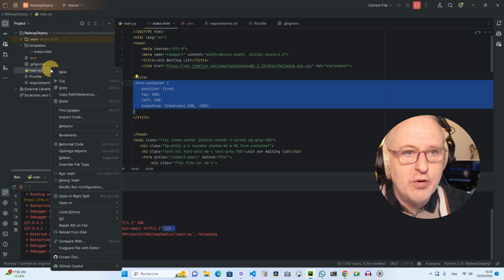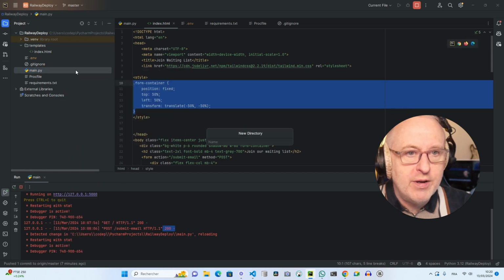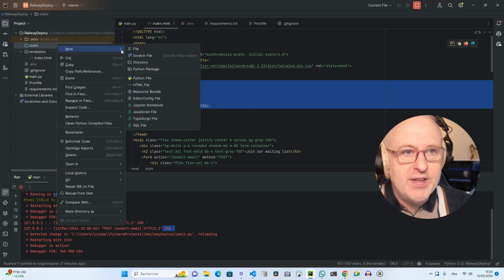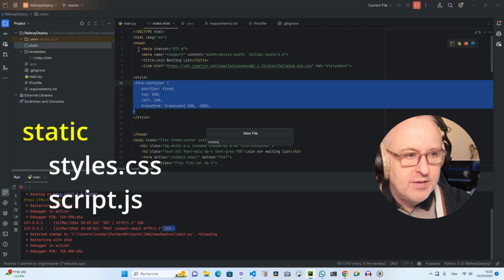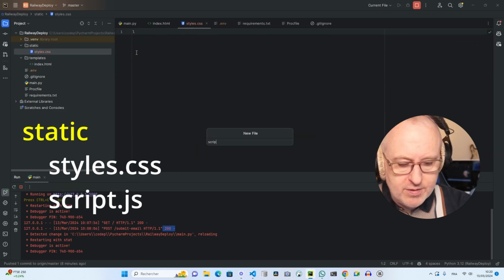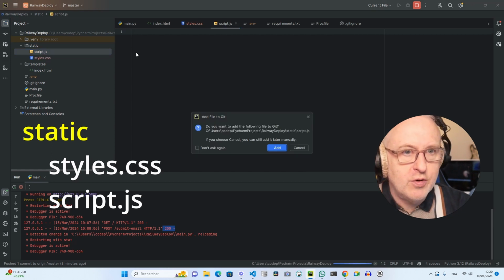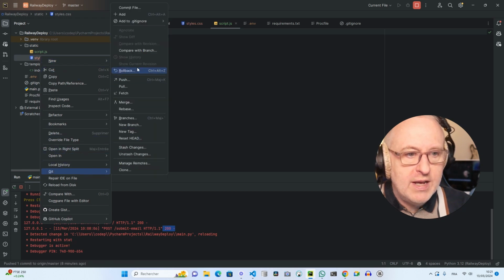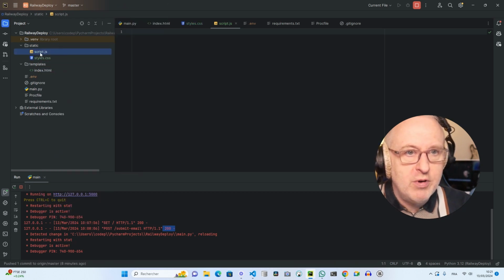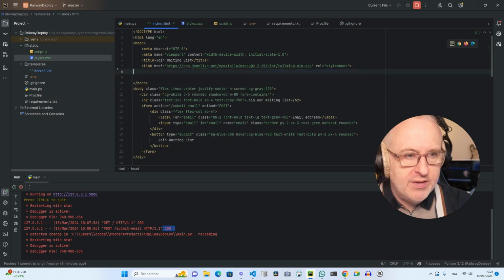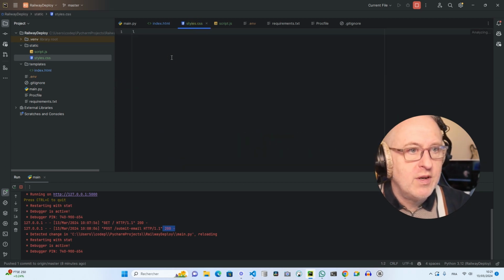So let's create a new folder here, a new directory called static. And here under static, we're going to create two files, styles.css, and then another one called script.js, .js for the JavaScript. We will add it, and this one we add manually here. So they are green, they will be ready to be deployed. Let's add in styles.css what we have here. So we cut it, we remove those style tags, we don't need them anymore. So let's put them there